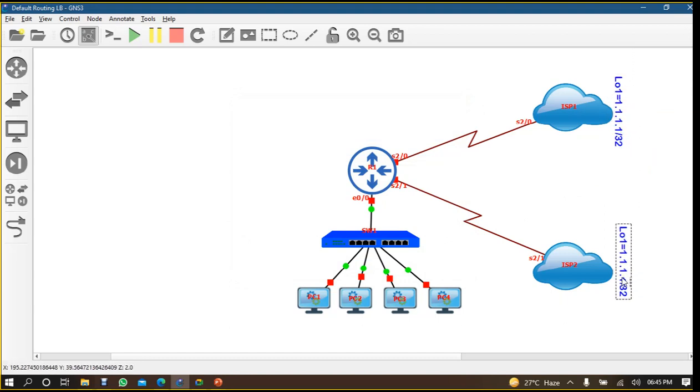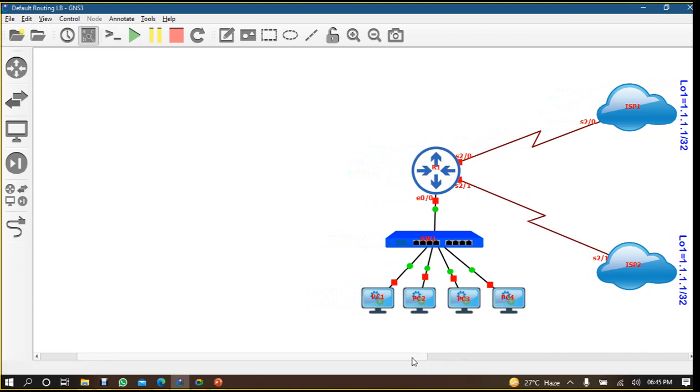Duplicate. Here also same network, because see, now you will say that okay, why we are having same network? Because when you are connected to multiple ISPs, from this side also you can reach Google, and from this side also you can reach Google. That's why we are using the same IP address. That's why we can check whether it's doing load balancing or not. Okay,